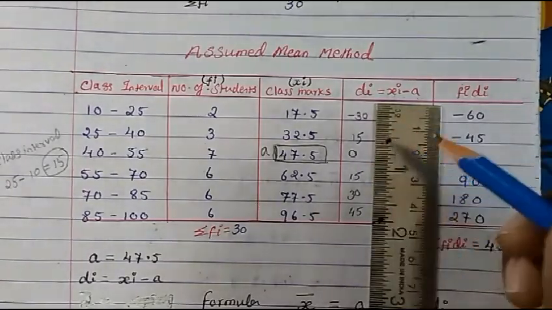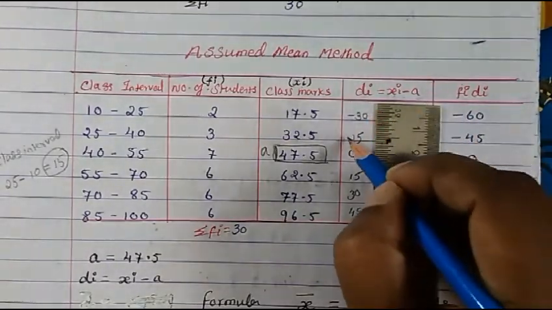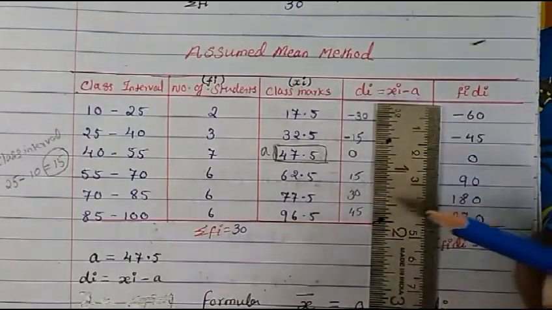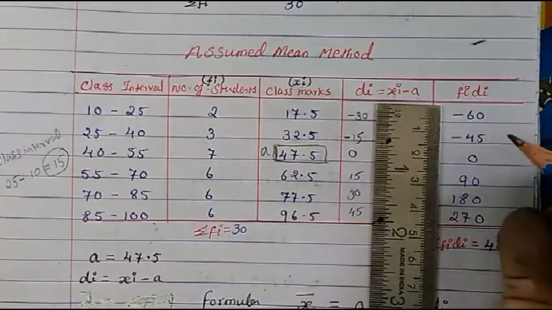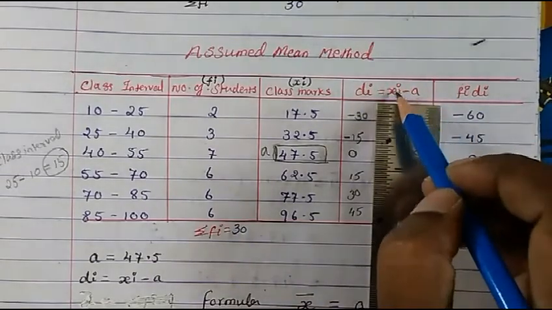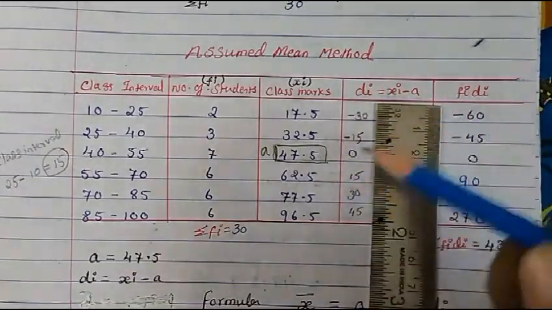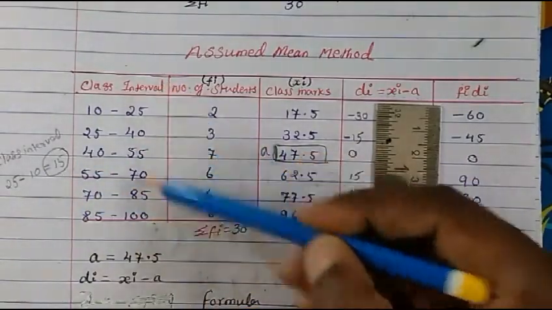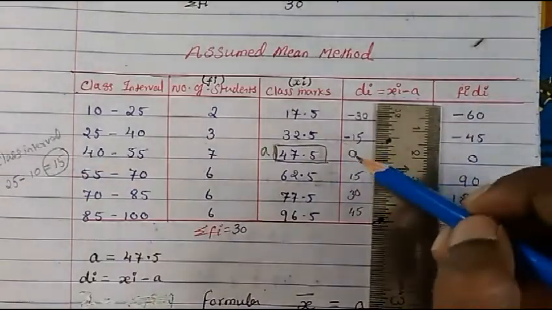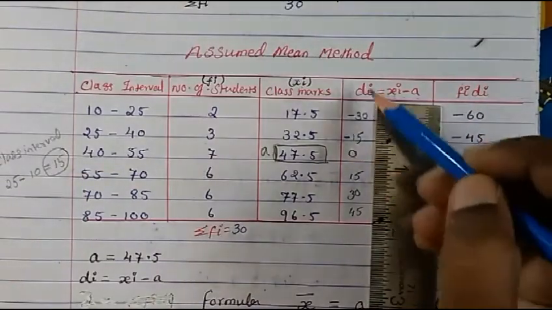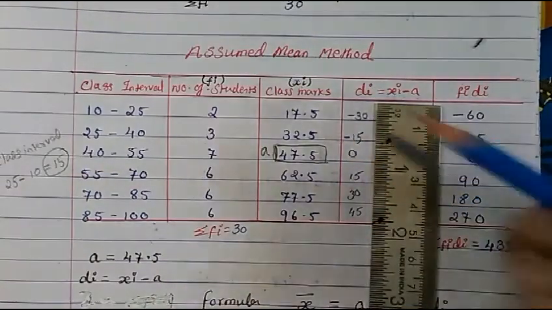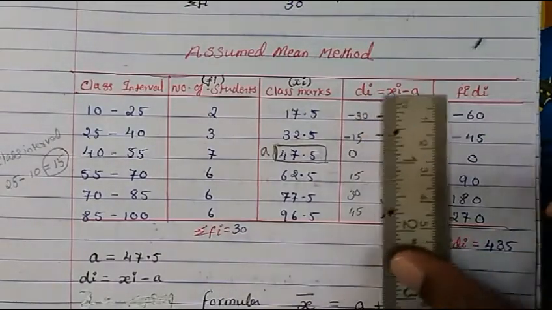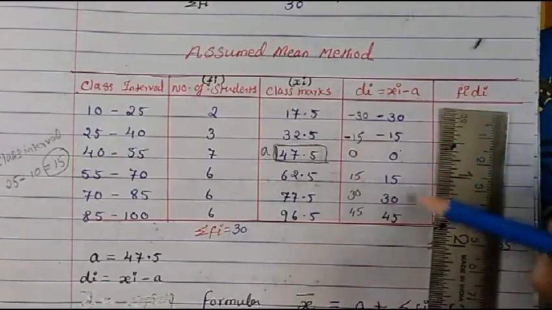After writing the table, whatever is on top you put it minus. Okay, already we have done it. So minus. Down it will be positive. So do you need to calculate? You don't need to do all this calculation from xi minus a. You don't need to do all that. Just look at what is the class interval. Everywhere it should be same. Okay, class interval is 15. So just write down the table of 15 on top and down, and put the negative sign on top, and down it is positive sign. Just you see here.